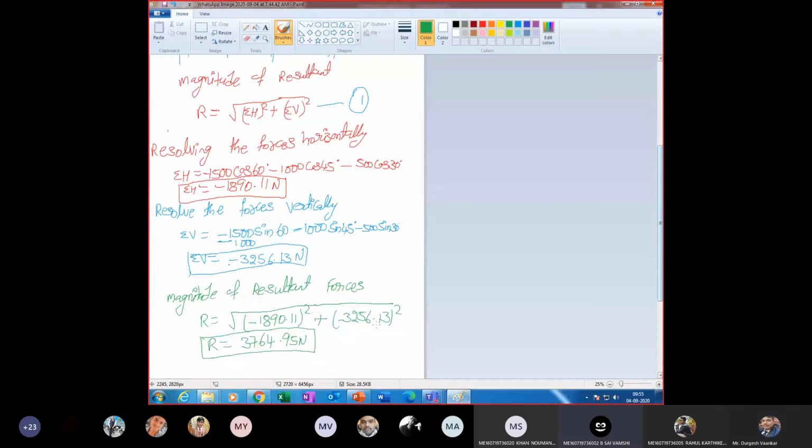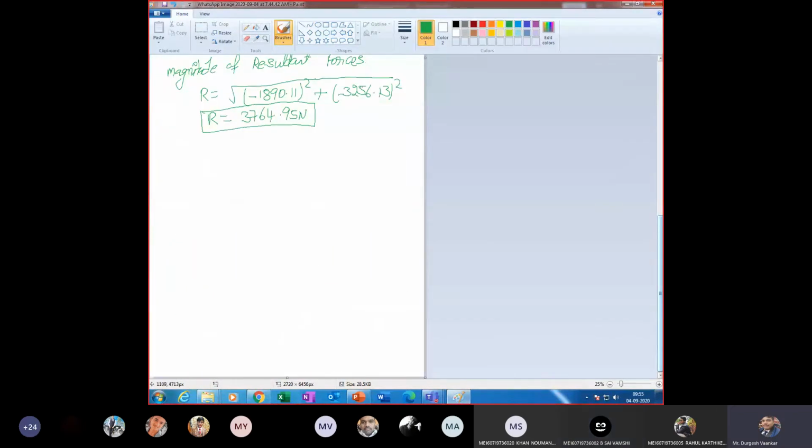Downwards. How to calculate the direction? Means the theta value. Okay, theta value we have to calculate. Angle made by the, I'll write this as,